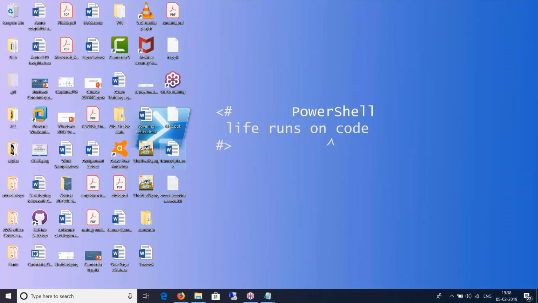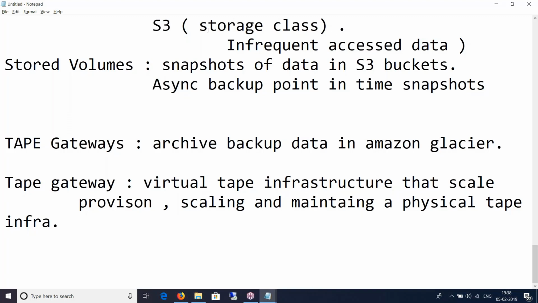Although S3 has different storage classes like frequently accessed, infrequently accessed, which is standard, infrequent, single zone, RR, as in reduced redundancy. You got several of those storage classes in S3, but it's recommended that if you would like to archive and backup for long-term retention, you keep it in Glacier, because Glacier is far, far cheaper than S3. But that doesn't mean that you start taking information from Glacier every other day. Or if you do so, then the cost of storing in Glacier will just be exponentially high.